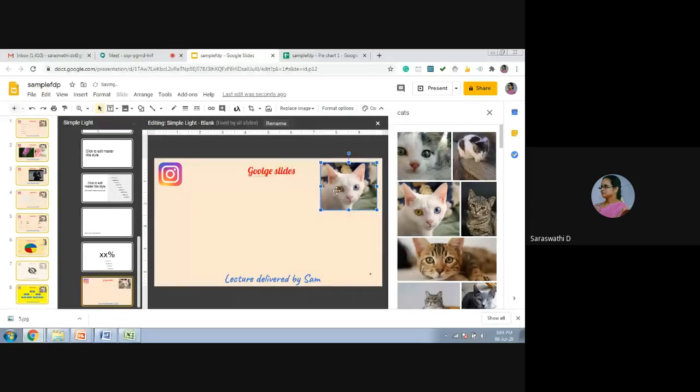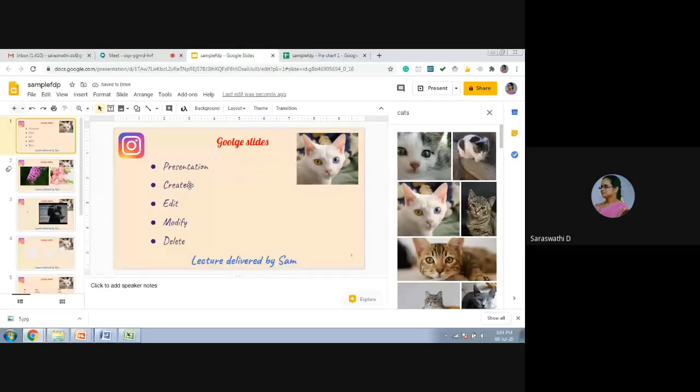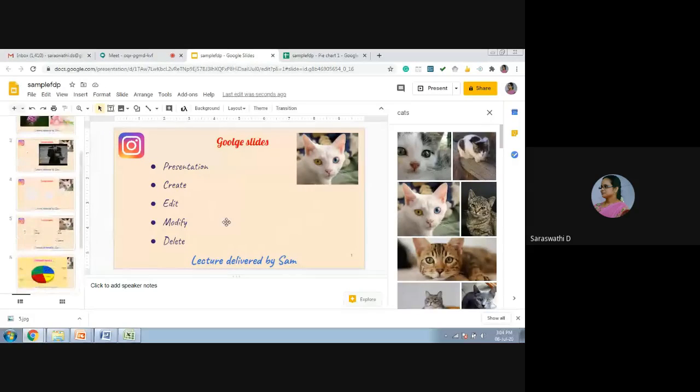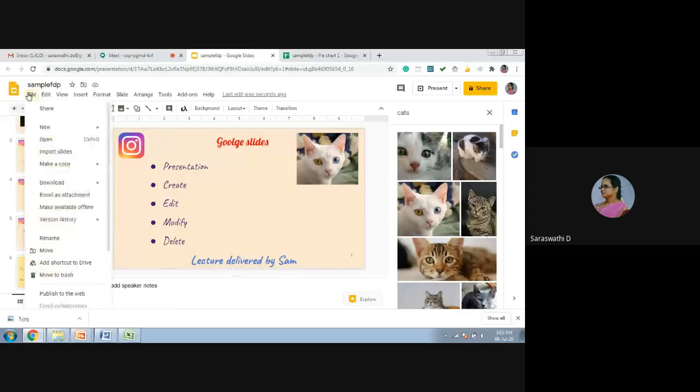I just drag this image and resize this image. And when you go to the slide layout, you just see it is reflected in all the slides. So like that, you can do the editing operations in the master slide.